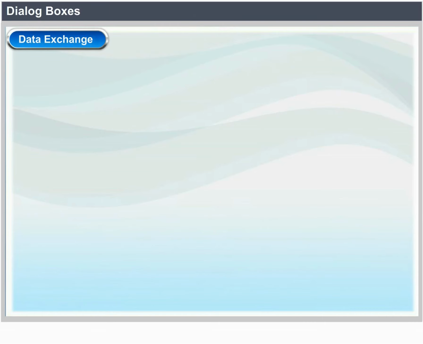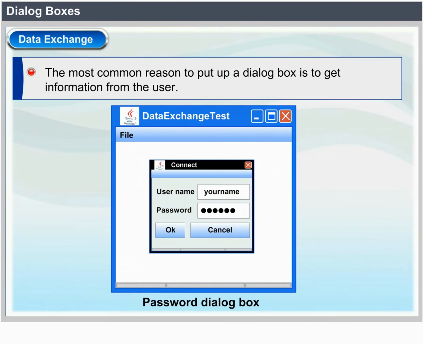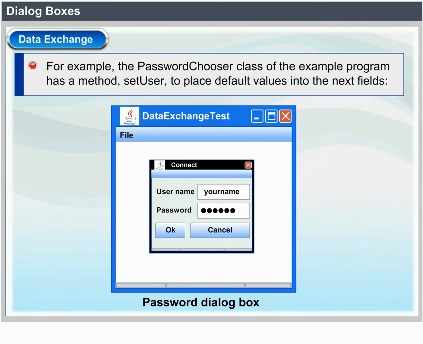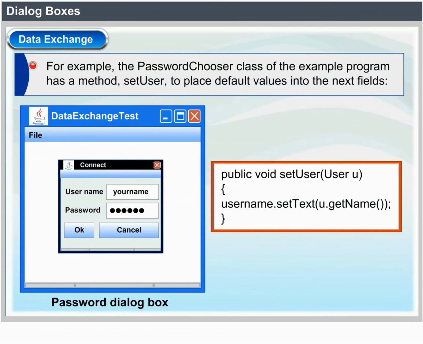Data exchange. The most common reason to put up a dialog box is to get information from the user. The dialog box should provide methods to set default data. For example, the PasswordChooser class of the example program has a method setUser to place default values into the text fields. public void setUser(User u) { username.setText(u.getName()); }